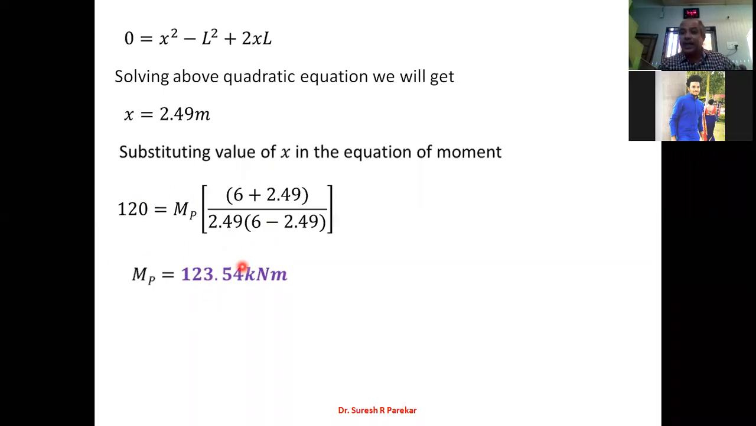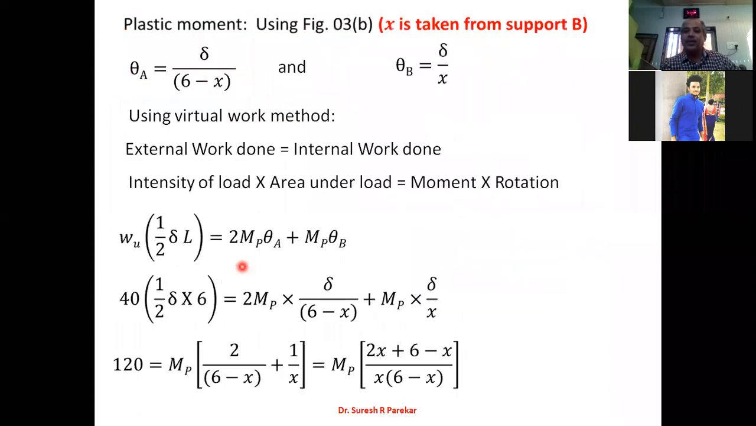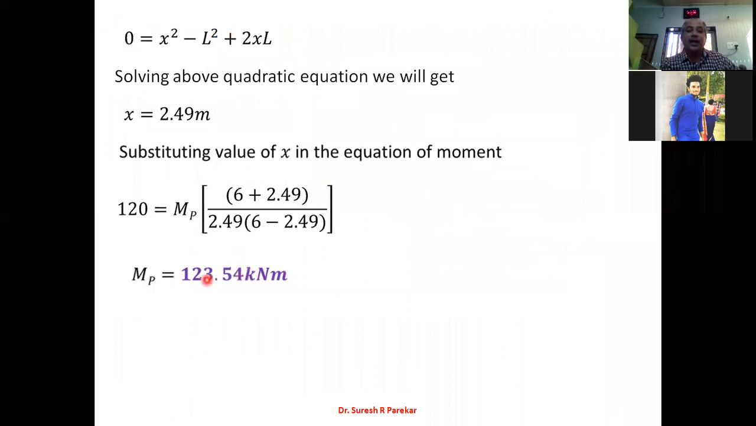Now to check it in examination, you have the formula MP equals WU L square upon 11.656. What is the value of WU? We have 40. So WU into L square, what is L? 6. So 40 into 6 square upon 11.656. You can put it in a calculator. By substituting it in the calculator, you will get the value of MP, and you will get this value as